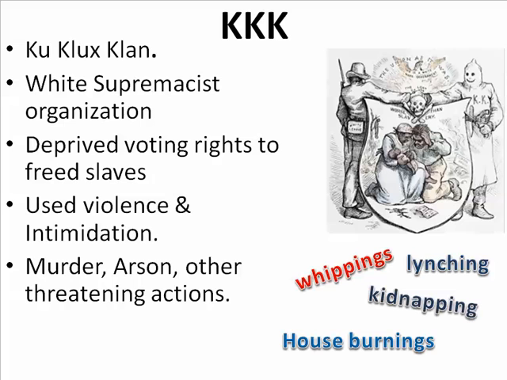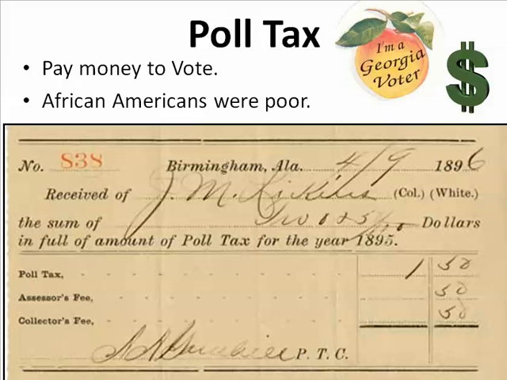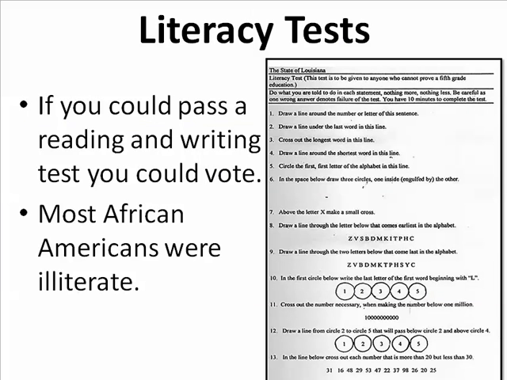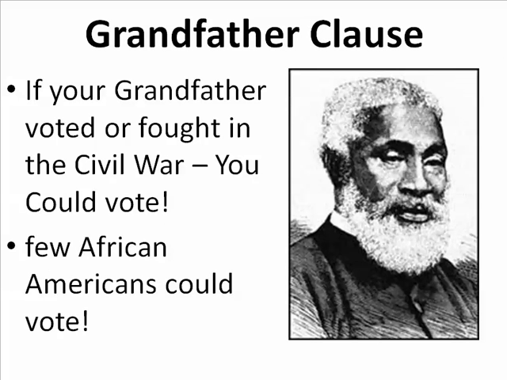segregation laws. You know, the KKK had come up then, and it's going to resurface later on during this time period. But they started passing laws to keep African Americans from voting. The poll tax was a southern law to keep African Americans from voting, to charge them money. We talked about the literacy test, where you had to take a test, and we said that the poll tax and the literacy test kept white people from voting, so they'd come up with a grandfather clause. If your grandfather voted, you could vote too. Not many African Americans' grandparents had voted, so that would give white people a chance.